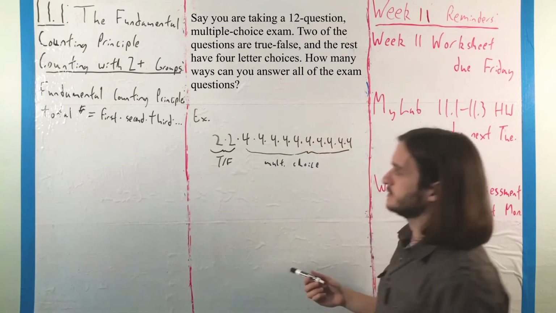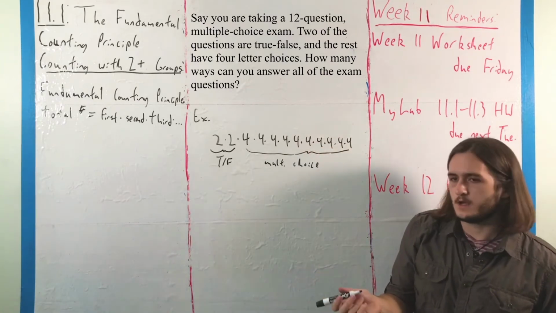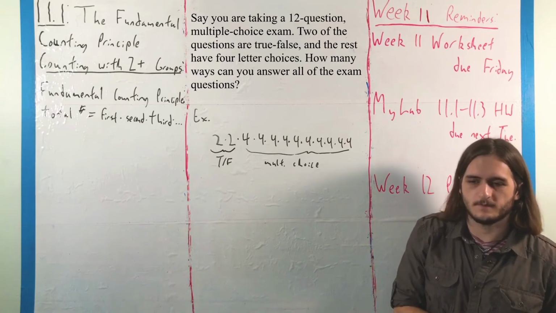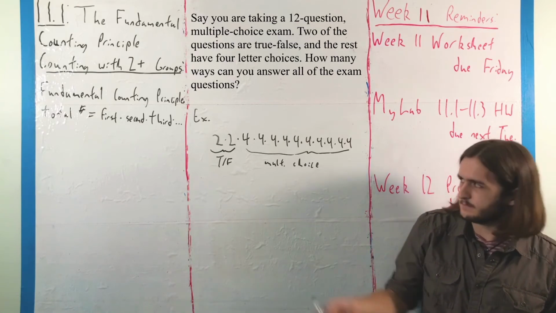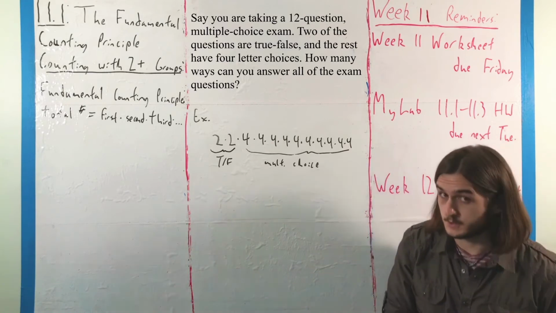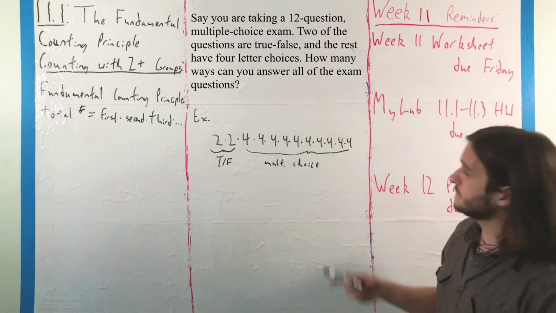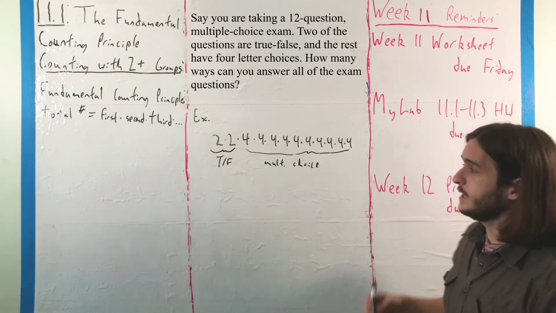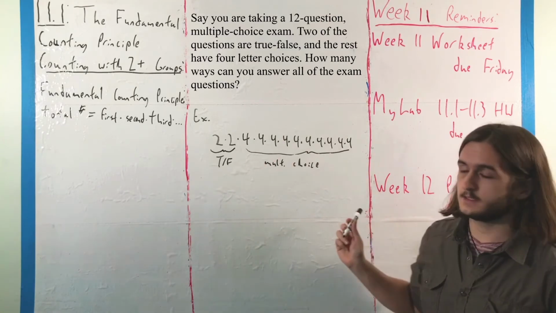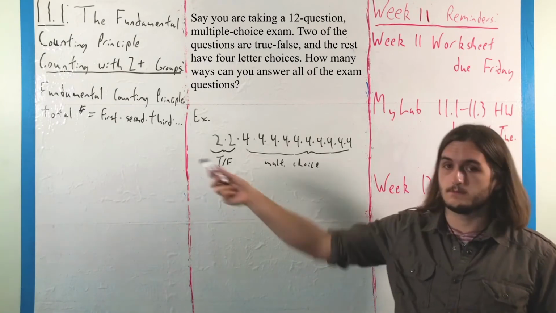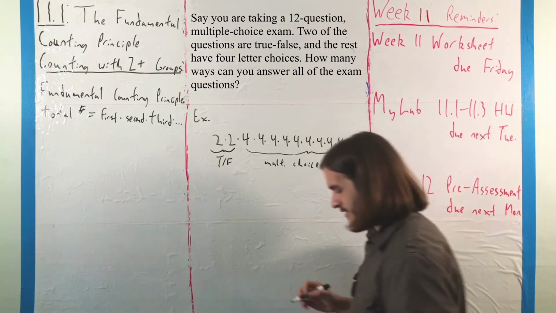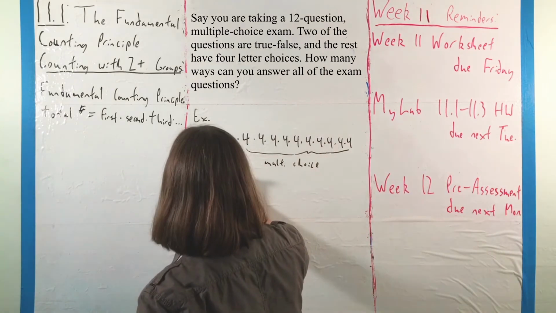As for our multiple choice questions, the ones we have there are A, B, C, D, or if you really want to be weird, I guess I could have made them W, X, Y, Z. But point is, they're 4-option multiple choice questions, and we've got 10 of them, so each of them gets 4 potential options. And if we want to get all 12 on the test, we multiply everything together, following the fundamental counting principle. So we can condense this just a little bit, make it a bit cleaner, and we would get